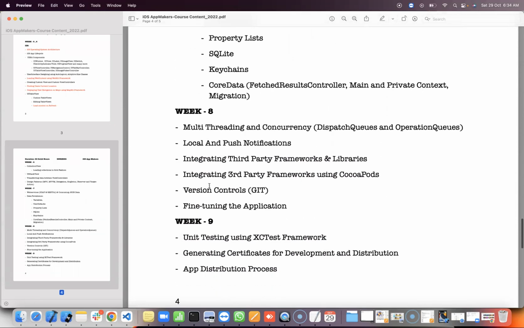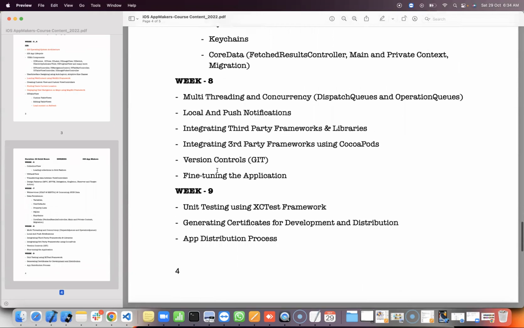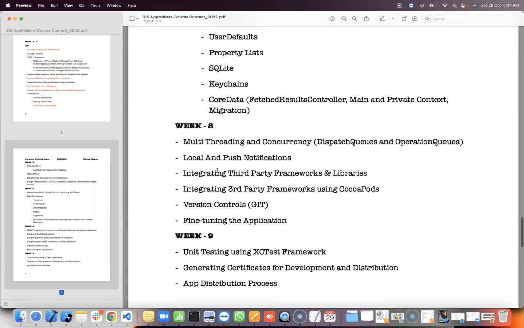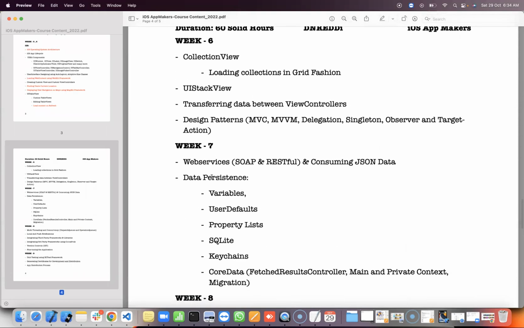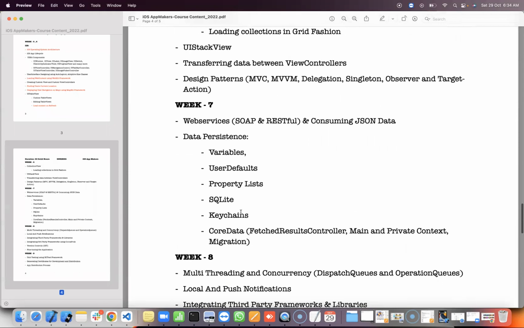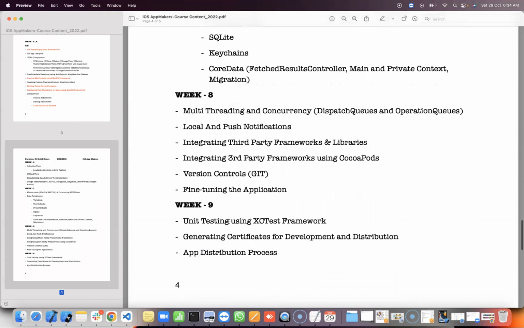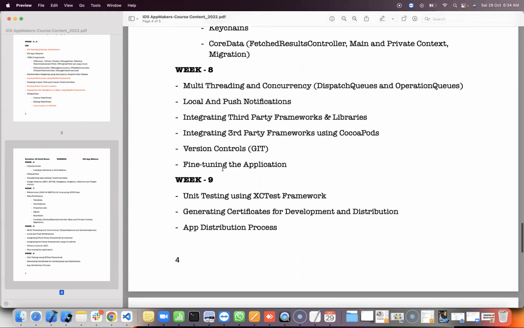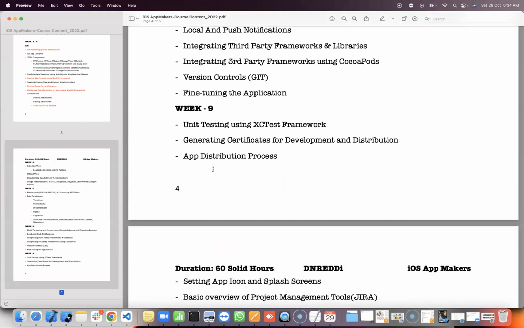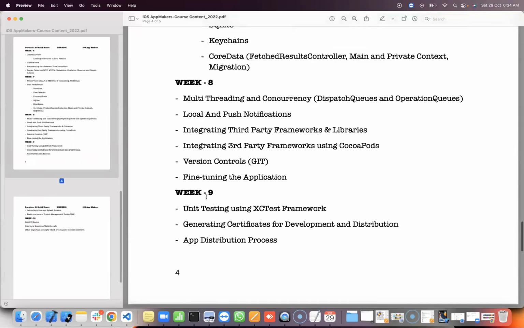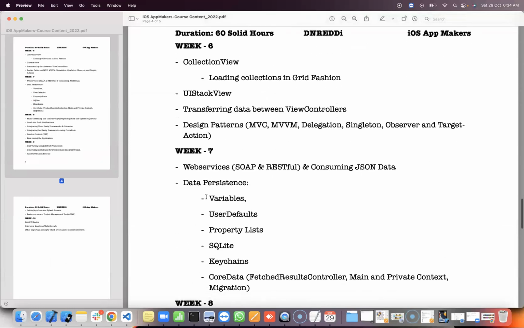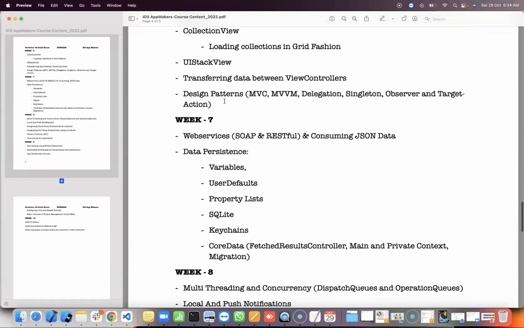multi-threading, version control system. These are higher level. Web service is the most important thing, and data persistence, core data. These two need around 5 to 7 days, and multi-threading takes a week. Unit testing and the rest of the things are majorly web services, design patterns,